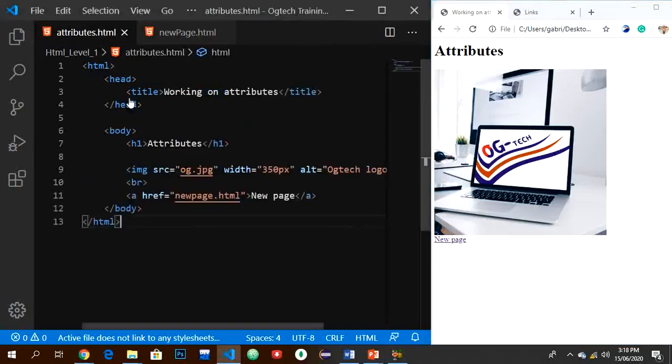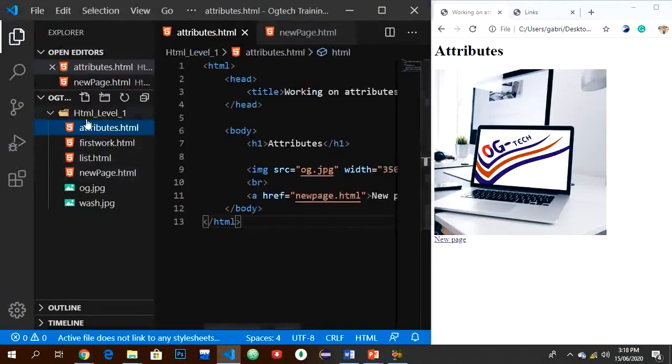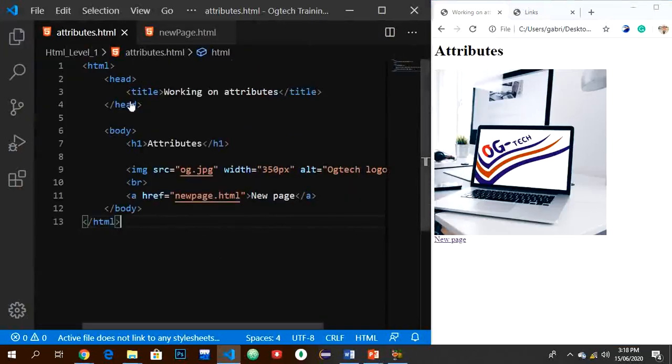Now someone might be confused again and say, okay, does that mean it is only the pages that we have designed that we can actually link? No. Let me link an external URL, Facebook. Is that okay now? For us to link an external URL, you need to add the full path. What do I mean by the full path? We have HTTP, that is Hypertext Transfer Protocol, colon slash slash,